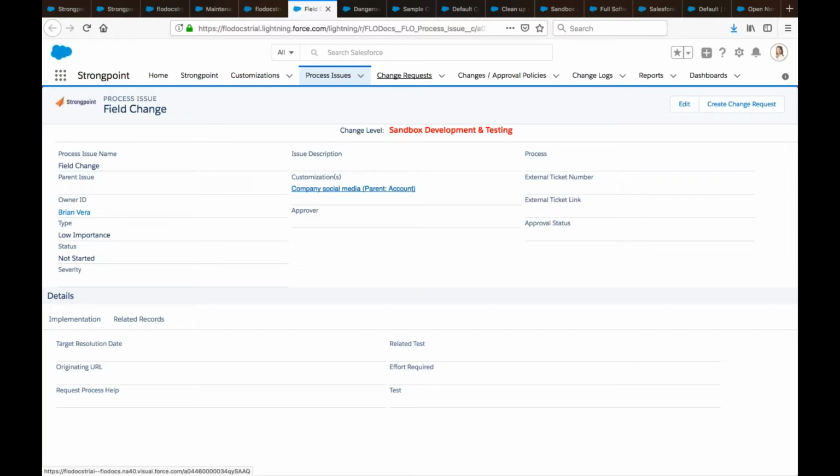They want to use something that doesn't go into their support system initially, and then move on to a change request or case later. They can simply fill out a form, specify what customization they're thinking of changing, and it says